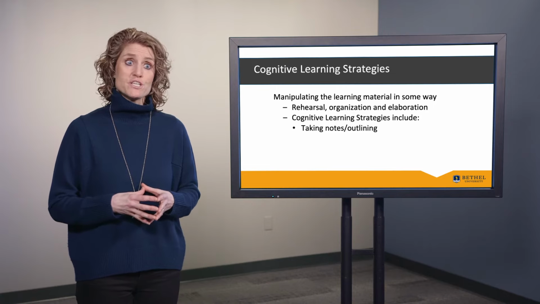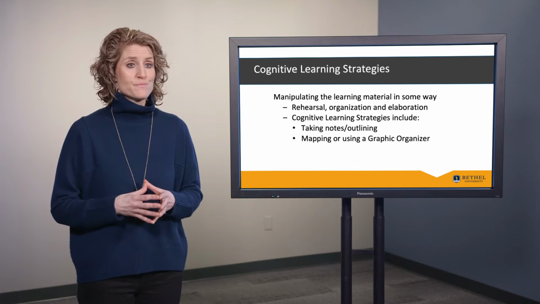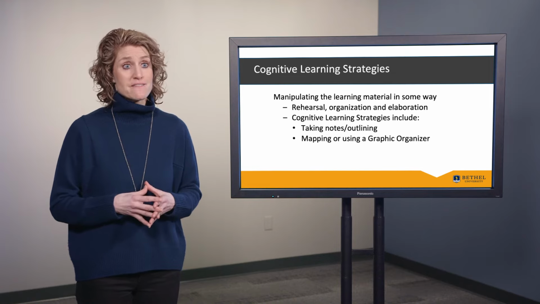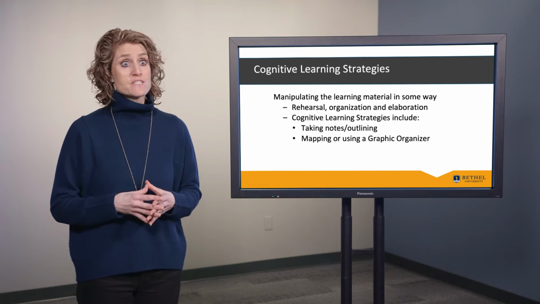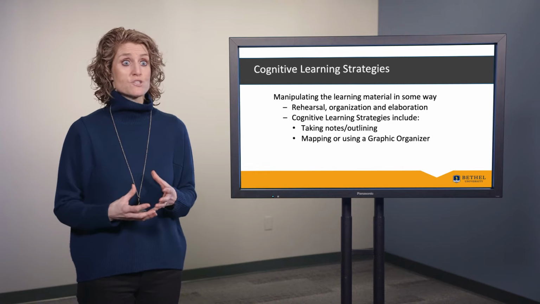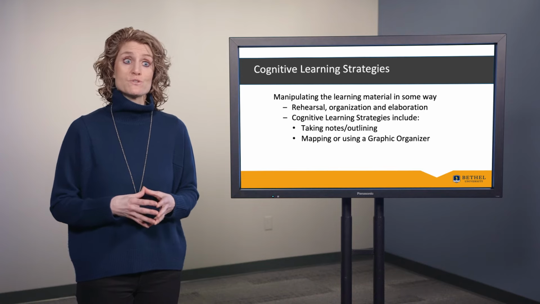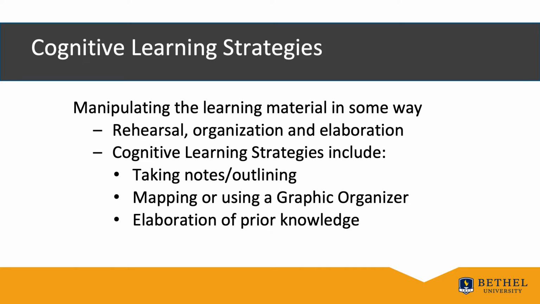Another cognitive learning strategy is mapping or using a graphic organizer. Graphic organizers can and should be used to help students with note-taking and organizing their ideas. As with other learning strategies, it is helpful to teach students which graphic organizers can be used for various purposes. Students can then choose which graphic organizer they will use in differing situations. Also, elaboration of prior knowledge. Linking students' prior knowledge and experiences to the content and skills being studied is especially beneficial for English learners. By having students make these connections and elaborating on how they help deepen their knowledge of the content being studied, we can teach them how the information that already exists in their minds